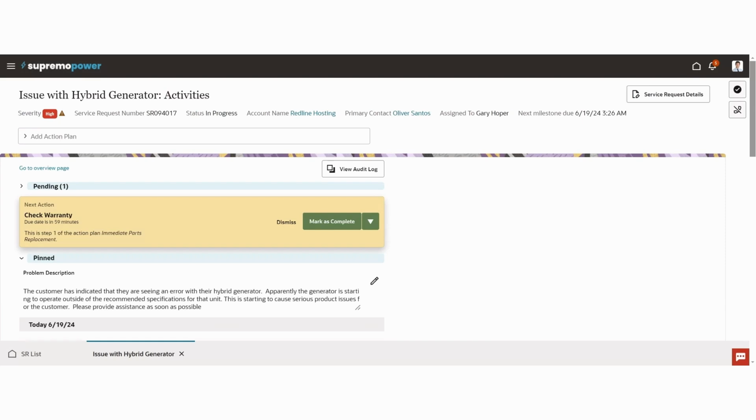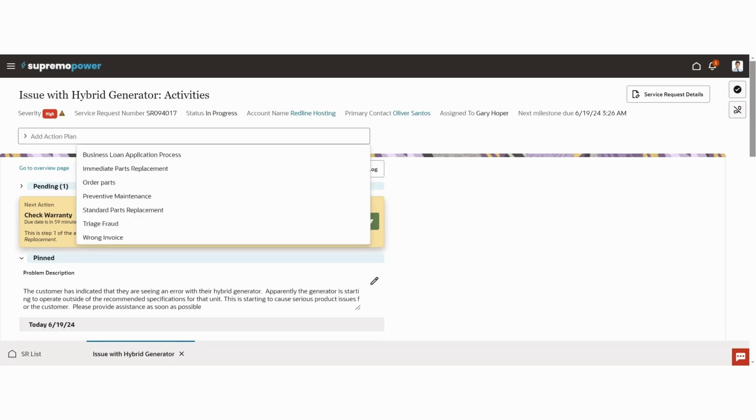Now, I could go off and say that I've already completed this and mark it as complete. When I do that, the next logical step would be presented to me or whoever is assigned to that particular step in the process. Let me go ahead and show you the action plan that we just added to this